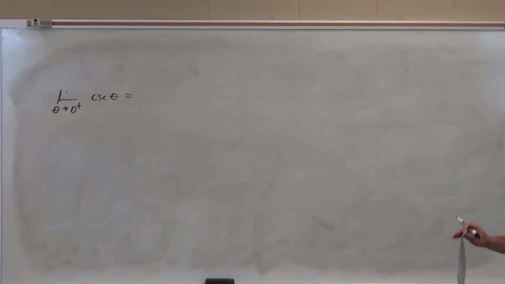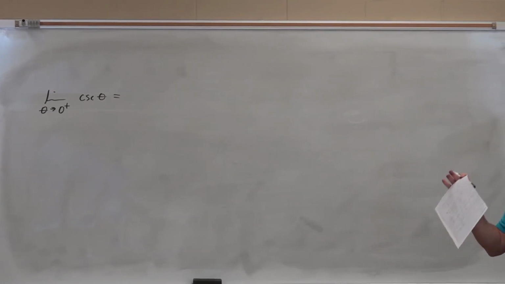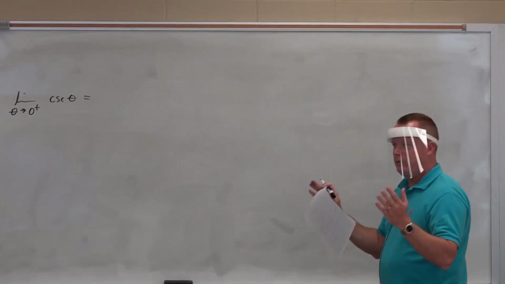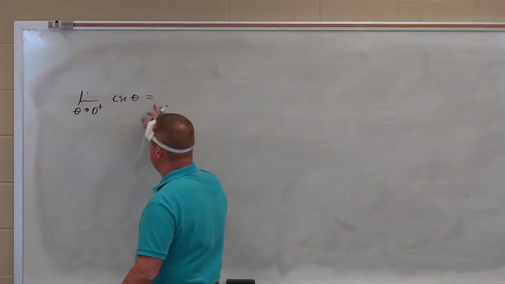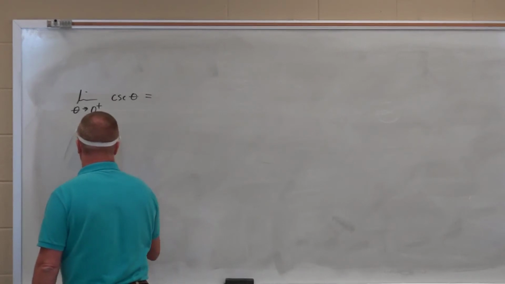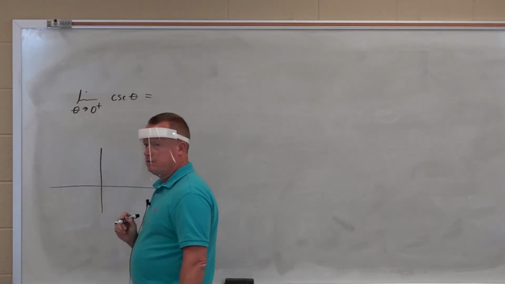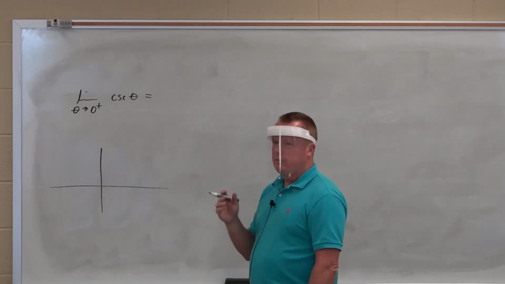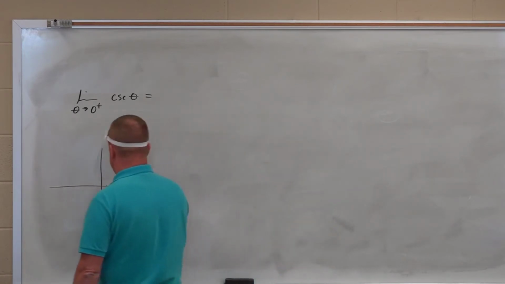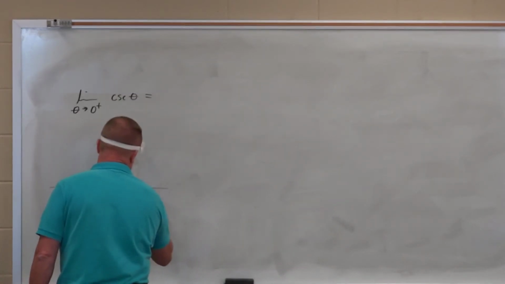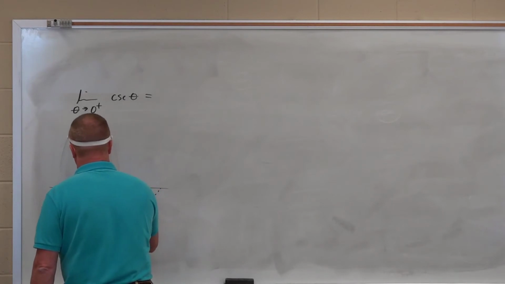Now, what do you have to know about cosecant here? You got to know the graph, okay? So why are we having our quizzes every day? So we can remember the graphs, right? Because you got to know what they look like. So all I would do here is just think, all right, well, cosecant is reciprocal of what? Sine or cosine? Reciprocal of sine. So if I draw the sine graph here, like this,